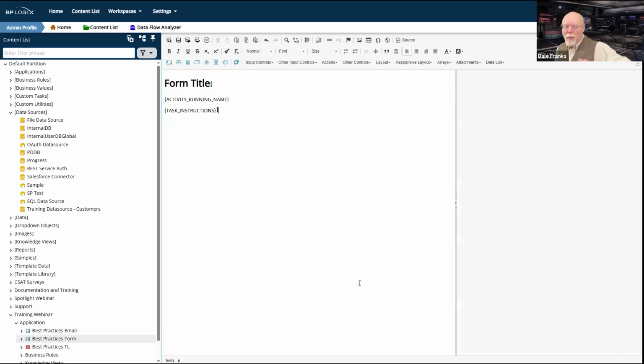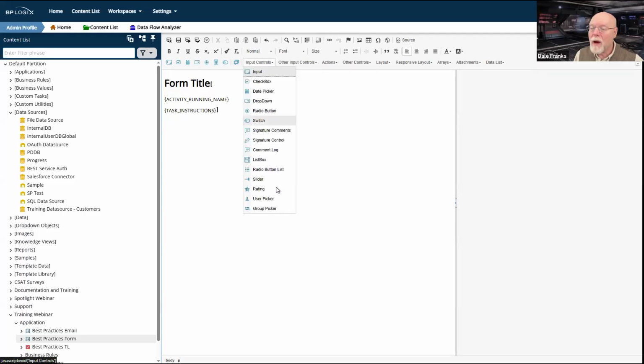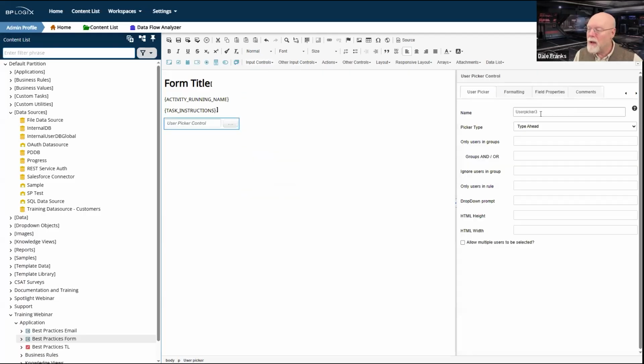We're not going to get into a whole bunch of stuff about making things look pretty. So I'm not going to go in and do a whole bunch of layout stuff. That's not important. But I do need to have those three fields that I referenced whenever we were creating the instantiated form name. So I am in fact going to need my submitter, my submission date, and my request number field. So my submitter is a user picker. So we're just going to go with a user picker and we are going to name it submitter.